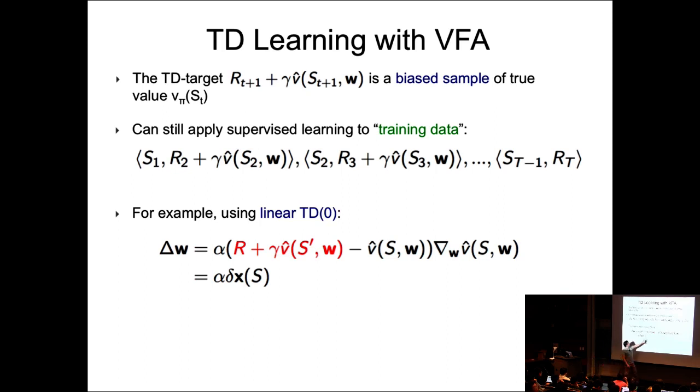Oh, I see. So you mean, why don't we take the derivative of this term? Yeah, this is a good question. We'll come back to that. You don't take the derivative with respect to this term. Right now, you can think of it as basically saying, this is your target, and this is a fixed target. And what we're doing is we're updating this term here. That's our prediction.